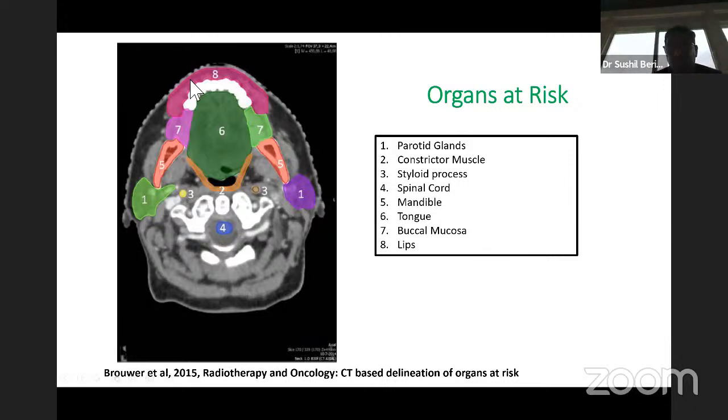We also contour the lip and try to limit the dose to the lip for oropharyngeal cancer. With IMRT, if you don't contour the lip, the treatment algorithm tends to send more beam from the anterior side, and you may see more oral mucositis, which was seen in the previous studies when IMRT started. So you contour anything which can come in the beam, not only the lip, but the mandible, the parotid, and the constrictor muscle. For the spinal cord, you can draw the cord and create a PRV by extending 2 to 3 millimeter margin.